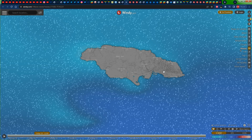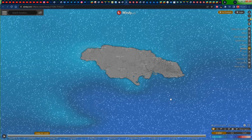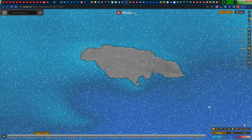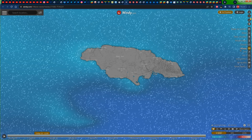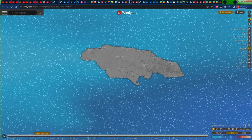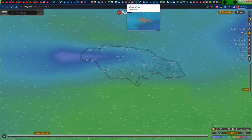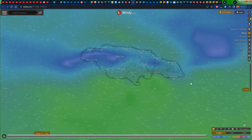Taking a look at the wave forecast for tomorrow, we can see some dark shades of blue right there across eastern and southern Jamaica, and that indicates 1.5 meter wave height. And we can see the lighter shades of blue right there across western and northern Jamaica, where we have the 0.5 to about 0 meter wave height. And that's due to the fact that we'll have the strongest winds right there across the southern sections of the island coming in from the east, anywhere from 10 to 20 knot winds at most,